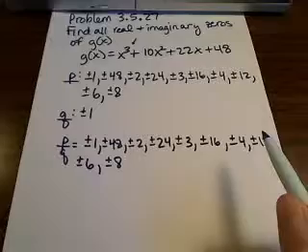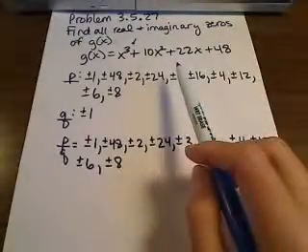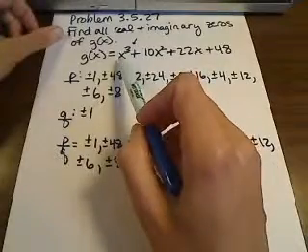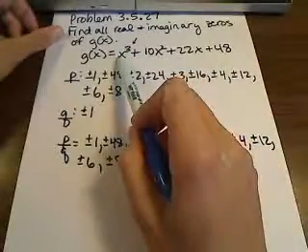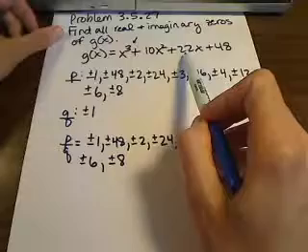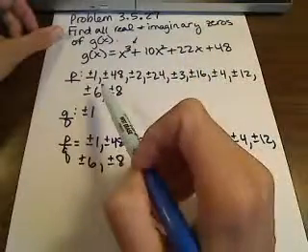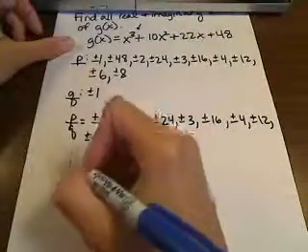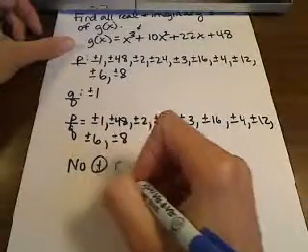I'm going to use Descartes' rule of signs in order to narrow this down. If you take a look at the original function, notice that you don't have any sign changes. I mean, this term is positive, this term's positive, and this term's positive. So because we have no sign changes, Descartes' rule of signs tells us that we have no positive